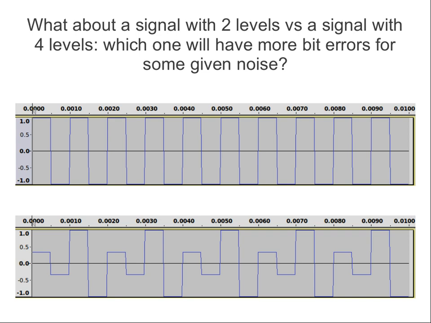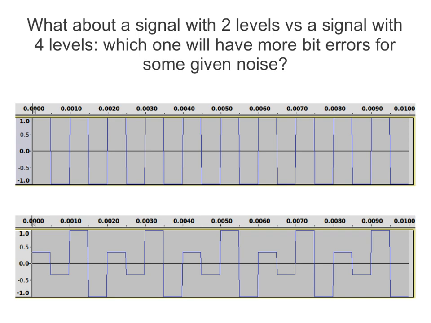Look at the first case. We had 1 bit per level, we needed 2 levels. 2 bits per level, we needed 4 levels. If we had 3 bits per level, we'd need 8. If we have 8 bits per level, we need